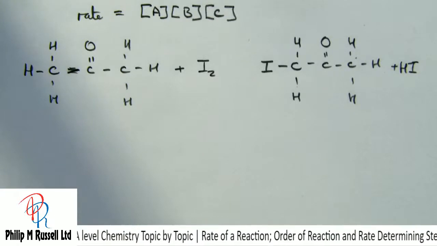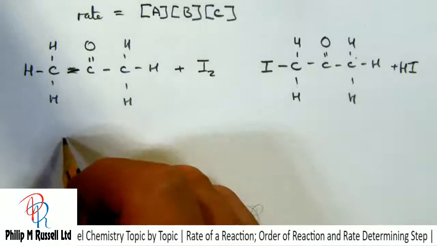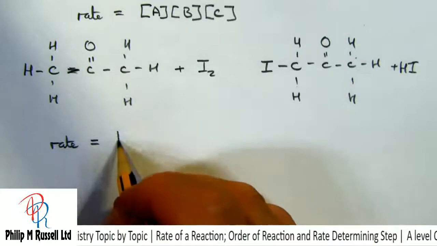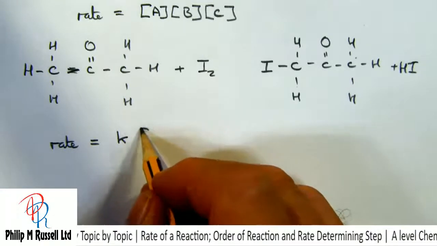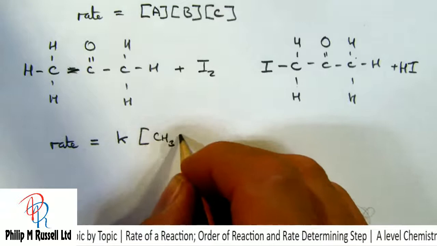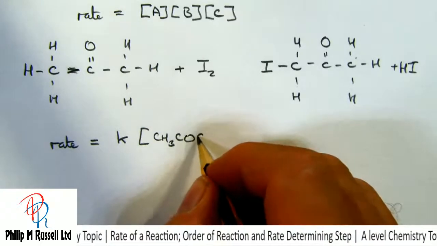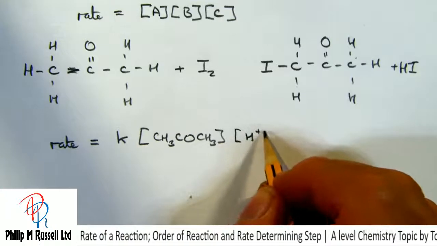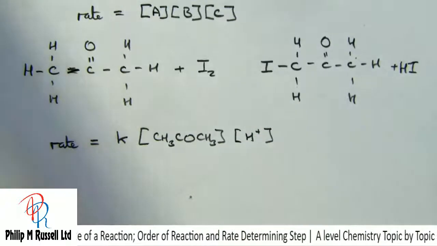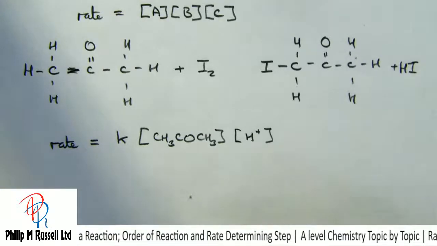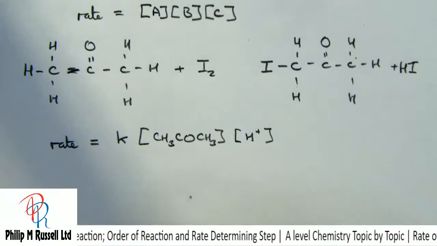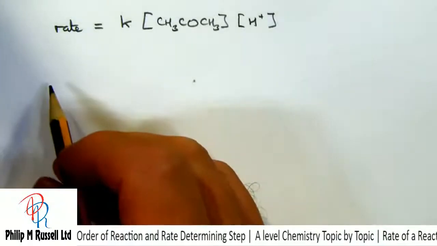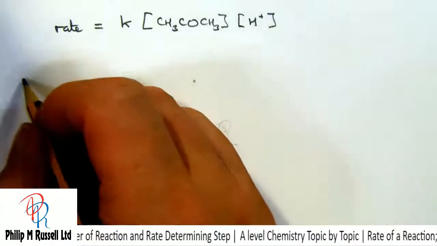Now if we look at what the rate expression here is going to be, then we can say that the rate here is going to be equal to some constant times the concentration of my acetone, propanone, and perhaps some acid. So let's try and work out what might happen. So let's start off with what we've got, my acetone,